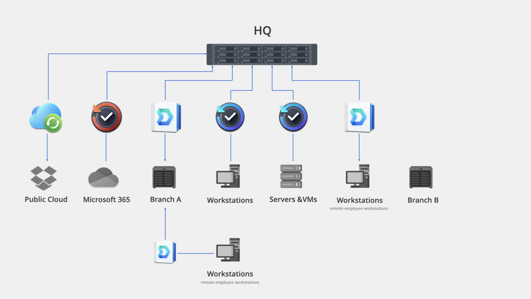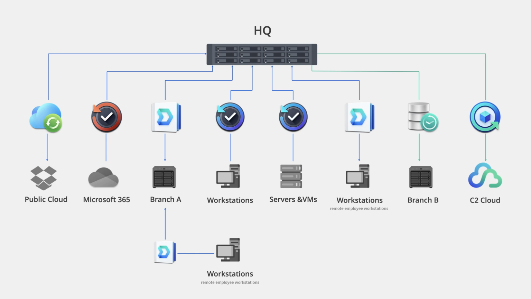The organization's primary tool is snapshot replication to send critical shared folders or LUN data to Branch B. This provides the organization the ability to failover offsite should there be any issues with the HQ NAS or some other disaster. And last, as a final tier of their disaster recovery plan, the organization utilizes Hyper Backup and Synology C2 storage to back up all the data on the HQ NAS to our secure data center. This way, if there is a regional or multi-site failure, data can be restored from the C2 storage to get this organization up and running.